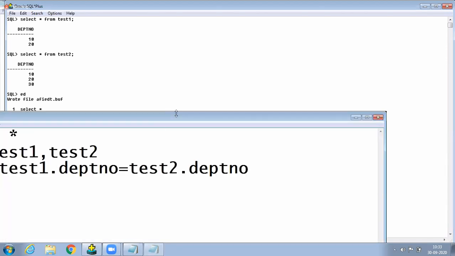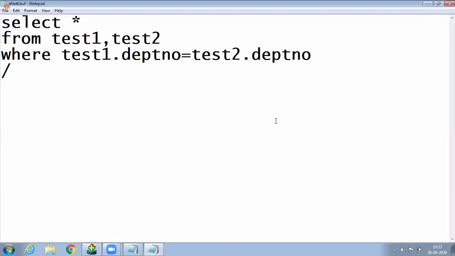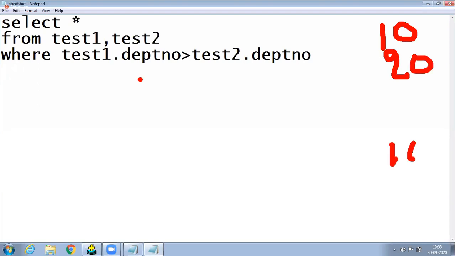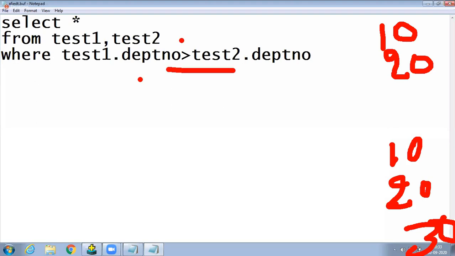Great. Now observe here. Now I am converting this join into a non-equijoin. Non-equijoin means that in place of is equal to, I use less than, less than or equal to, greater than, or greater than or equal to, anything. Now anybody tell me, what is the output, fast? Very easy. In the T1 table you have 10, 20, and here 10, 20, 30. Now I am using the greater than operator.